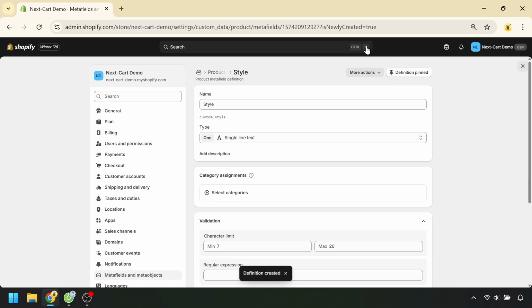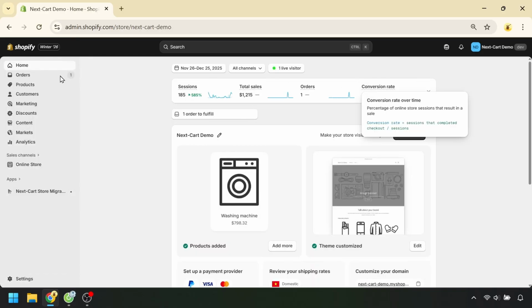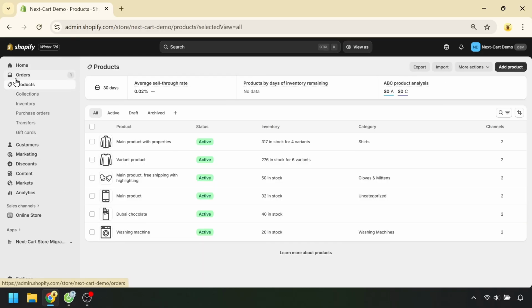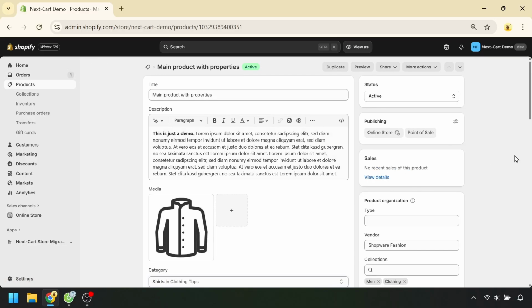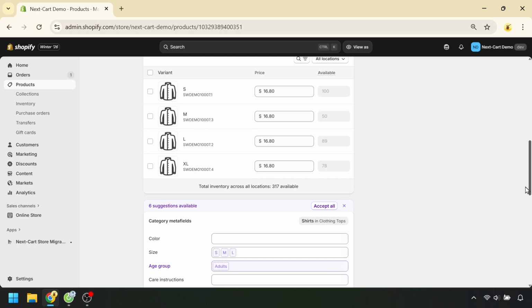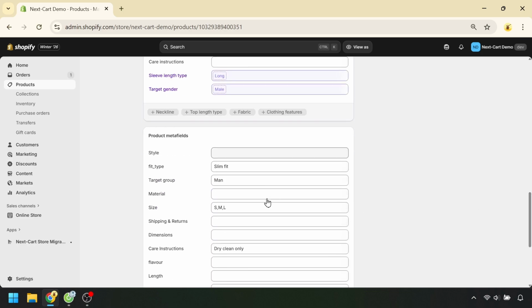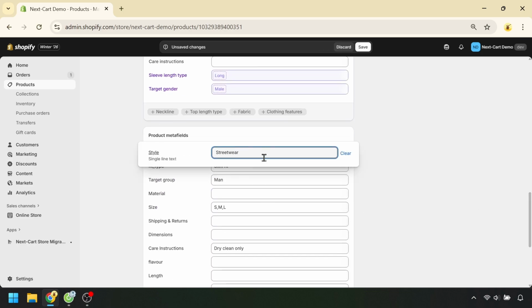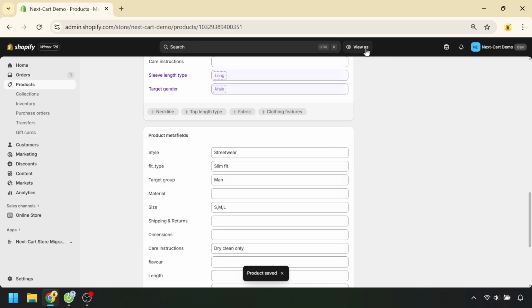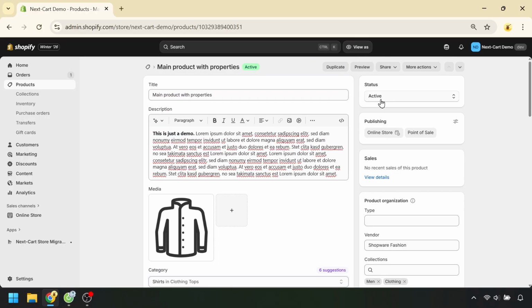Once the Metafield is saved successfully, I'll exit the Settings section and go to Products to enter data for the Style Metafield. I'll open the first product, scroll down a bit to the Product Metafields section, click on Style, and enter the value Streetwear. Then I'll click Save at the top of the search bar. Now I'll scroll back to the top and click Preview to open the product page in a new tab and